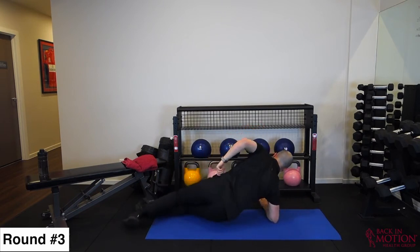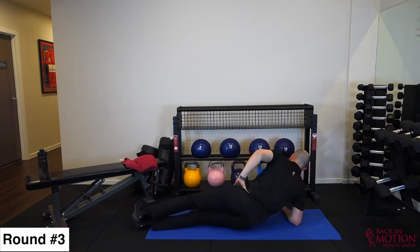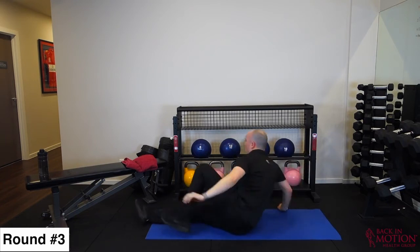Switch over. We're going to do a quick 10 reps on the opposite side to finish off side plank raises. Down and up as fast as you can control with good form. After those 10 reps are done, you're going to come back up into standing, and we are going to go